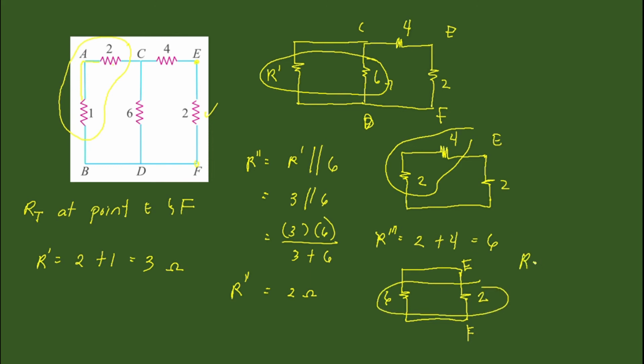Therefore, the total resistance value is 6 parallel to 2, or using the 2-resistor formula, 6 multiplied by 2 divided by 6 plus 2. But if you already know this formula automatically, you can just perform it on the calculator. Okay. Now, the total resistance value at points E and F, where the 6 is parallel to 2 ohms, is equal to 1.5